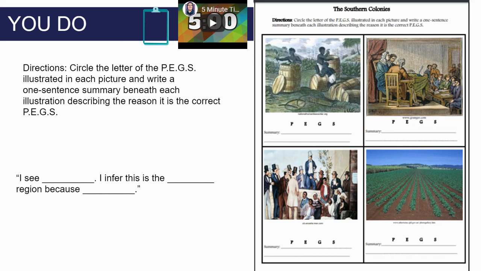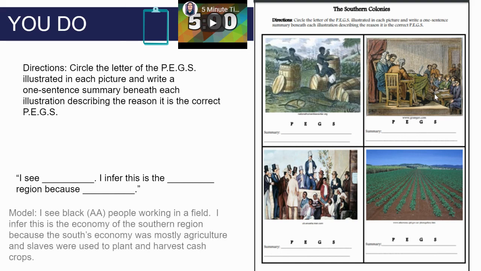So we know that where there are white men who are wealthy, they probably own land, and they're all gathered together. Is that political, economical, geographical, or social? You should definitely have said political. Okay. And then let's look down here